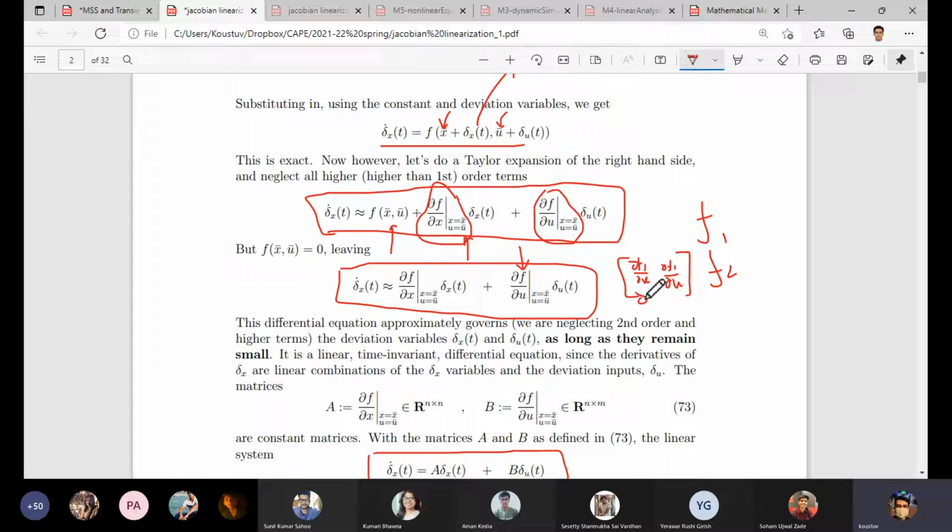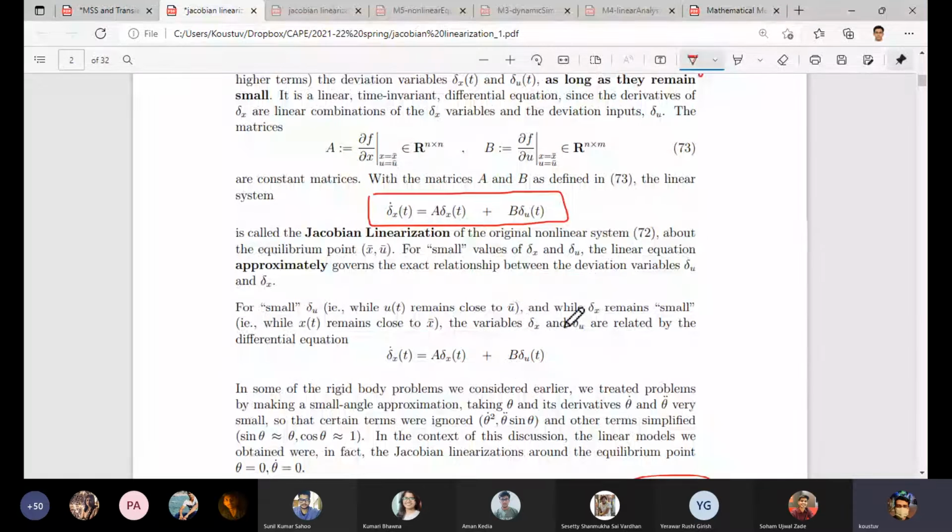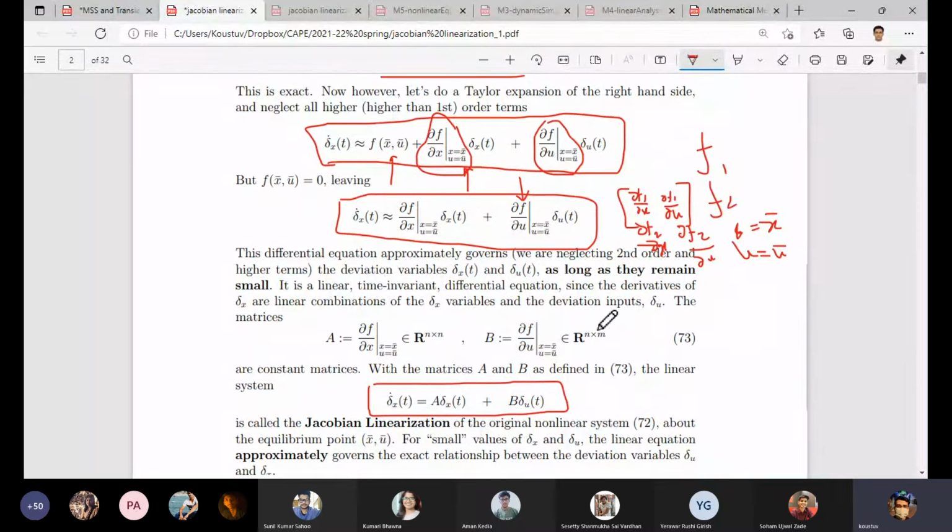and this will be del f2 with respect to x, and this will be del f2 with respect to u. And these are all function values evaluated at x equals x bar and u equals u bar. So if there are two functions, since there is only one, we have just got one linear equation, right? But we can have as many function values, and in that way we will have the matrix.